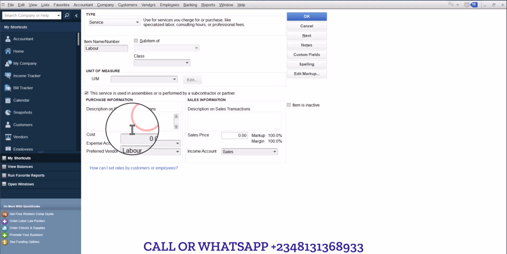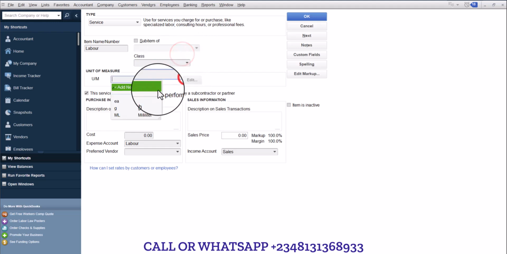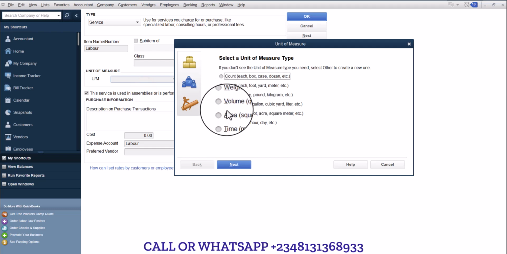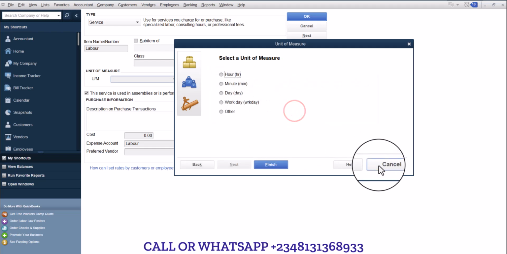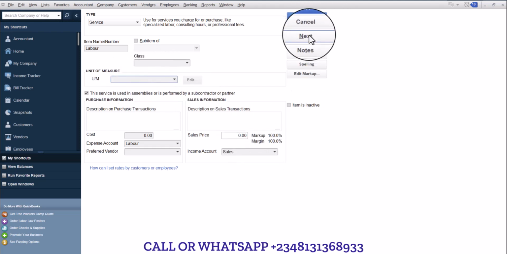Or if you are paying by an hour, you can go to unit of measure and create a new one, and then go to time, next, like that. But we're not paying an hour here, so let's just say we are paying monthly. If it is hourly, you can also do that by selecting the unit of measure. So once I click on next,